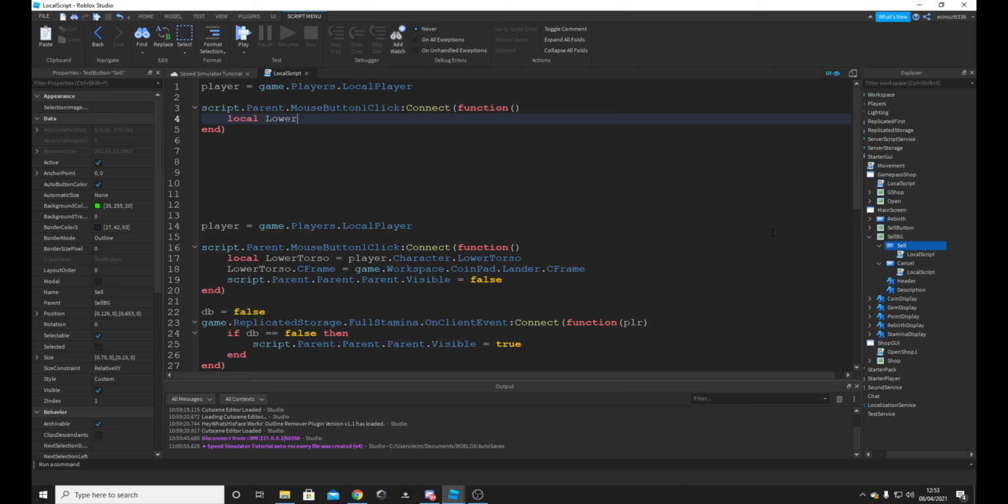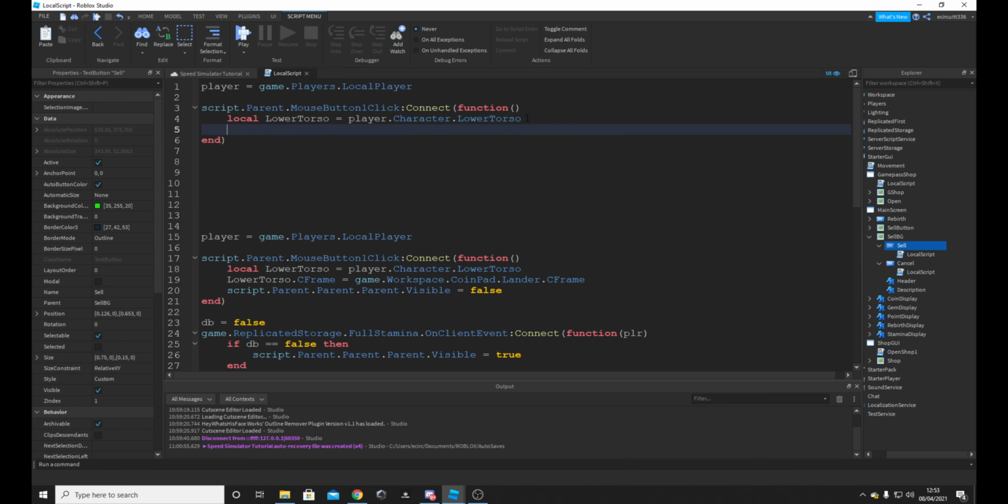Say local lowerTorso. This is creating a new variable called lowerTorso equals player.Character.LowerTorso. This is saying that our new lowerTorso variable is equal to the LowerTorso property of the character. The player.Character is the model of the player in the workspace, and the lower torso is the body part, the main body part that we're going to teleport. So we're going to say lowerTorso.CFrame, I'll explain what that is in a minute, equals